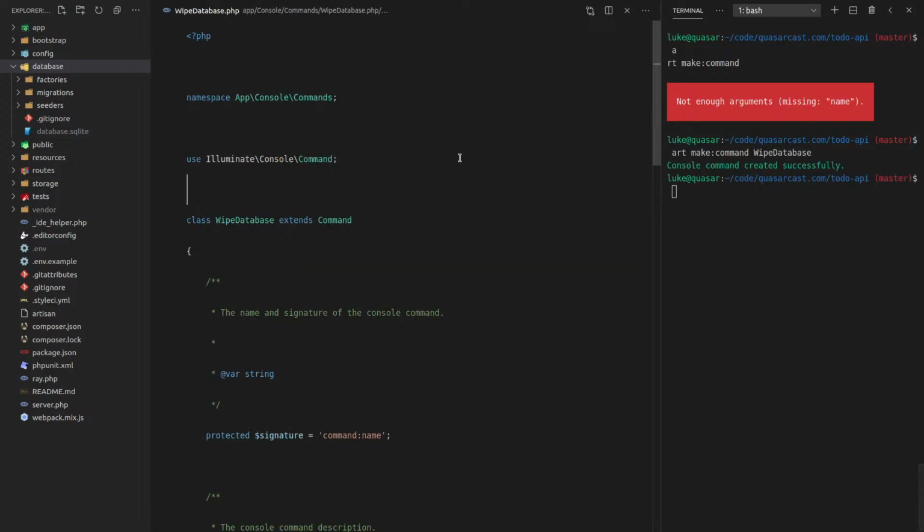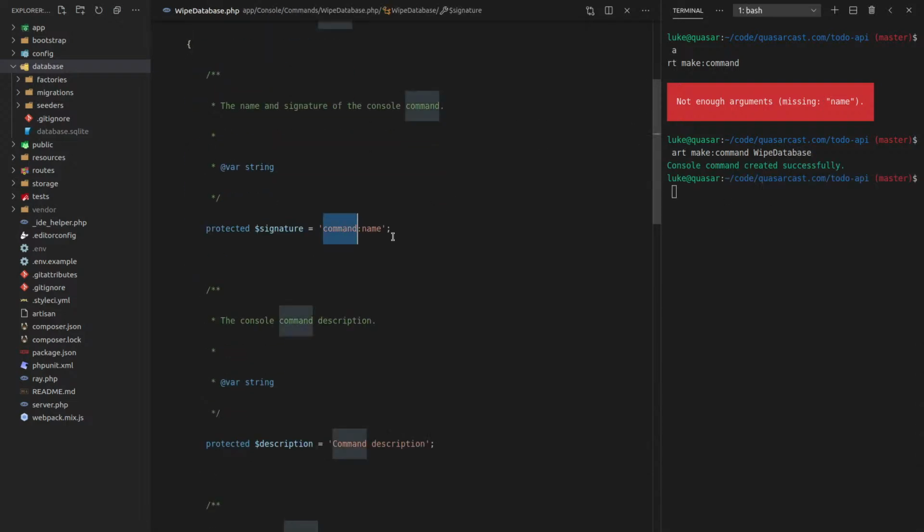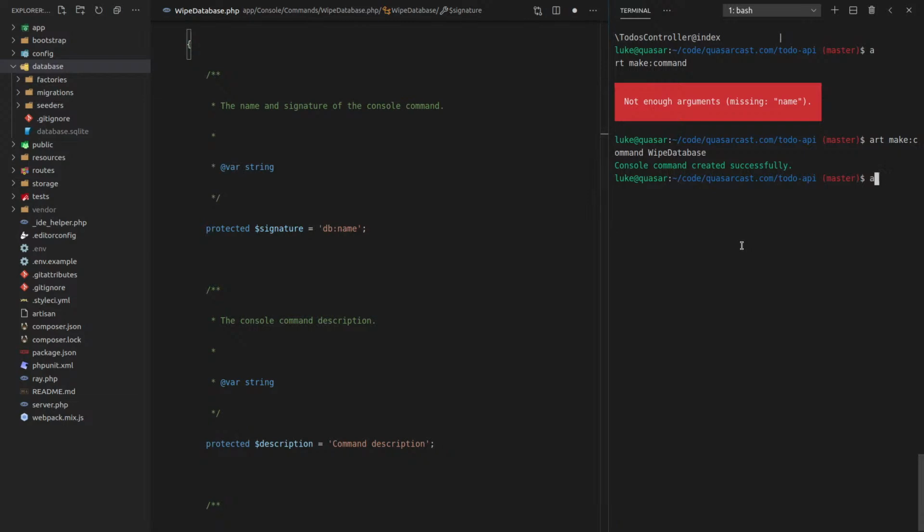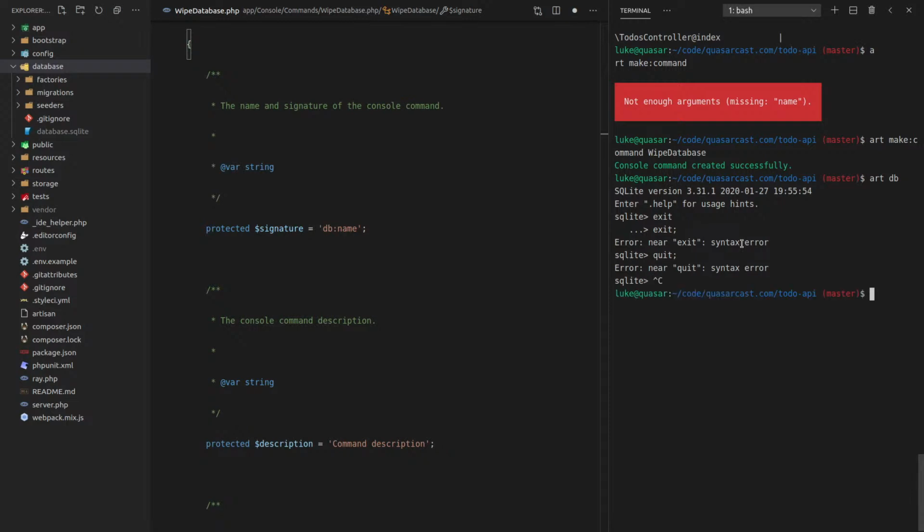Cool. Let's jump into the wipe database command. And we'll do this DB. Maybe wipe database is a bad name because I think DB wipe is already a command. Art DB. Let's see what we've got. Whoops. Oh, cool. That takes you straight into the DB. What is it? Quit. I can't remember. Damn it. I didn't know you could do that. Art DB will just log you straight into your database. Anywho,